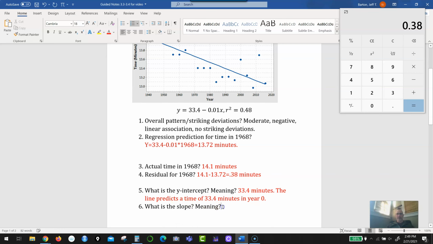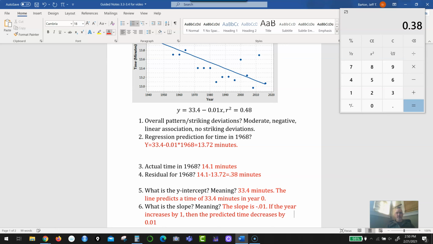All right, now what about the slope? The slope is minus 0.01. And what that means is it's the change in y if x changes by 1. So if the year increases by 1, then the predicted time decreases